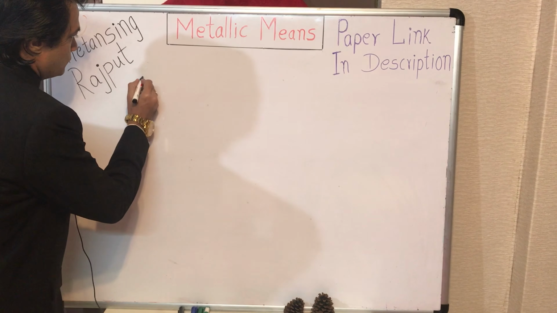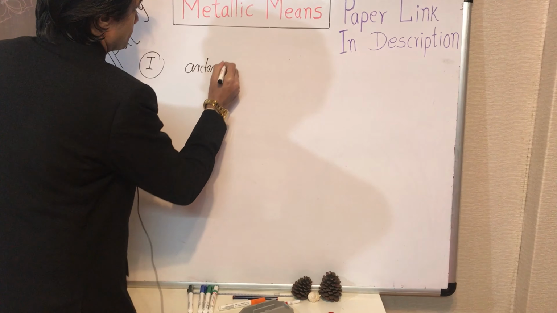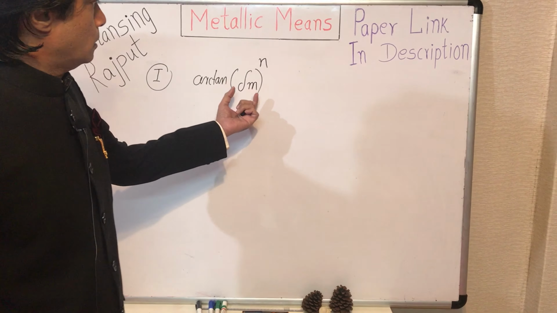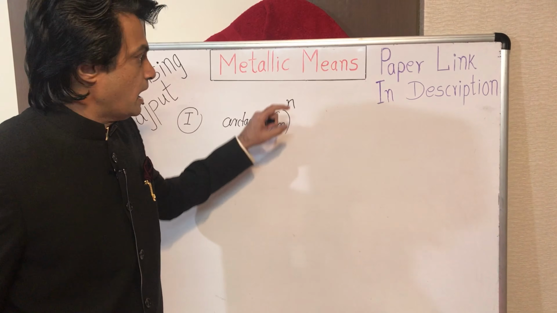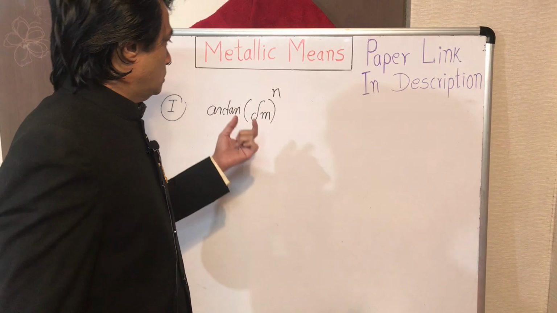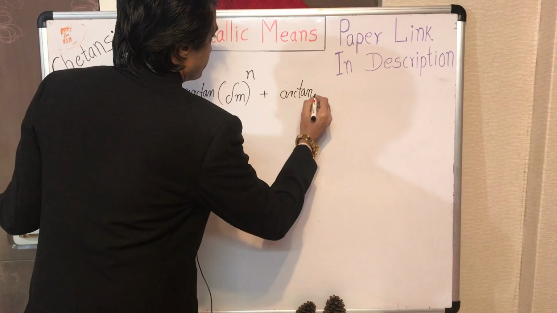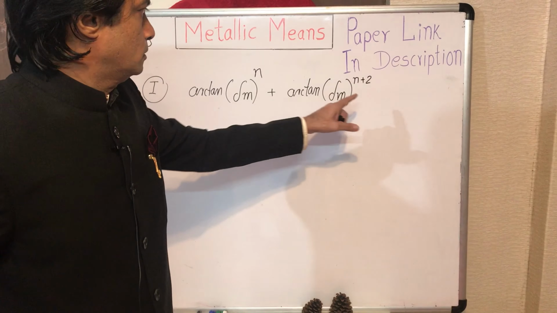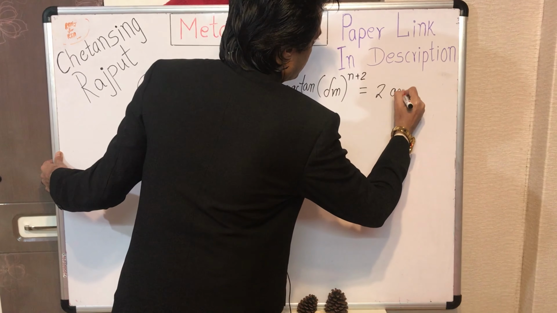Okay, the first formula is like this. See, arctangent, inverse tangent of the nth power of any metallic mean, n is any odd integer like 3, 5, 7, 9, any odd power of the given metallic ratio, arctangent of it, plus the arctangent of n plus 2 power of that same metallic ratio, and it gives us precisely twice the arctangent